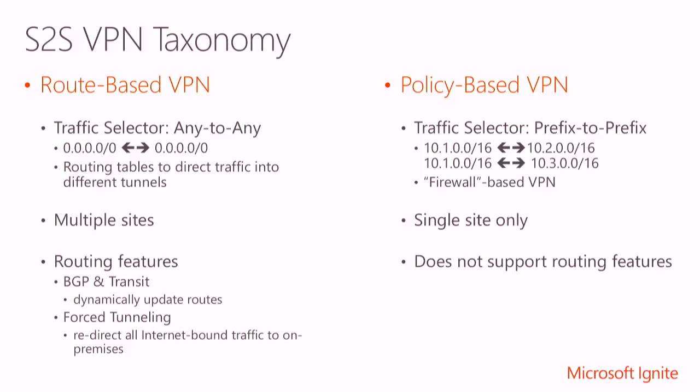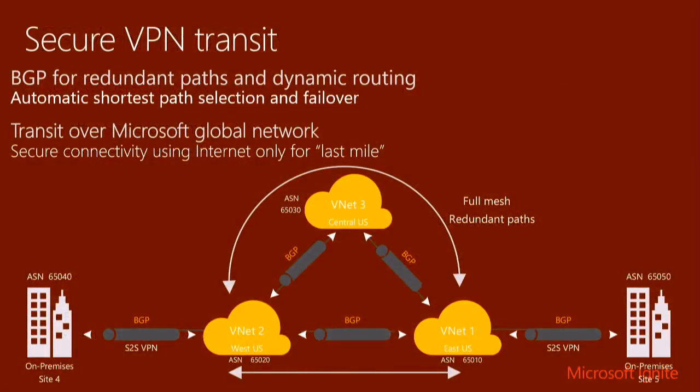Anytime your on-prem routes change or your cloud routes change, you have to keep on updating it. It's not going to learn automatically. The newer one is the route-based one. It supports dynamic routing protocols like BGP. So it knows what is available on the other side of the site-to-site VPN connection, what is available on my on-prem routes, and any changes that happen, because it is learned through BGP, it can automatically tunnel the traffic through the site-to-site tunnel, and that's the majority of the cases.